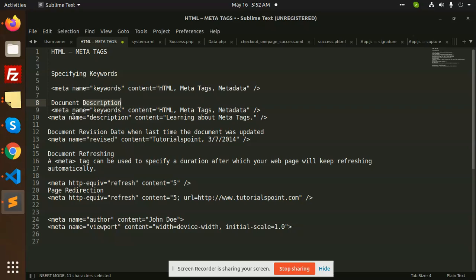So whenever we do SEO, whenever you do a Google search, there is a length of description. Suppose you are searching for HTML, there would be a title, and after that there would be a long description that comes under it. It is a description. After that, we have a document revision date, when the document was last updated,